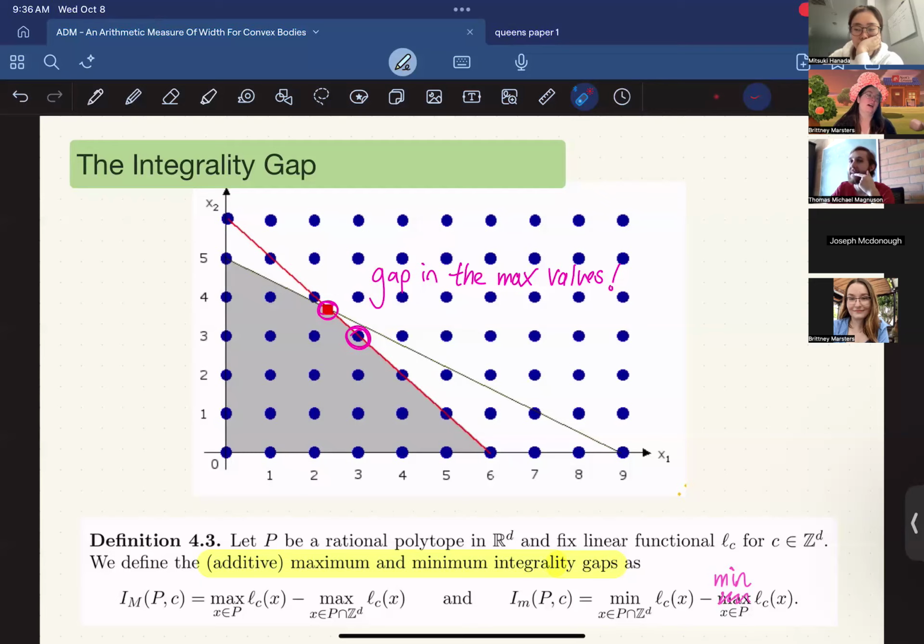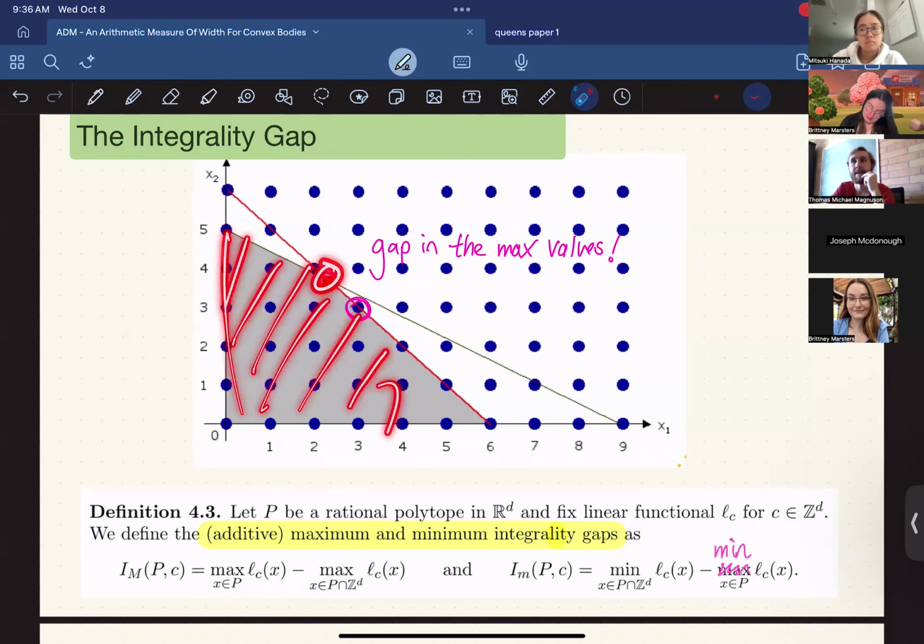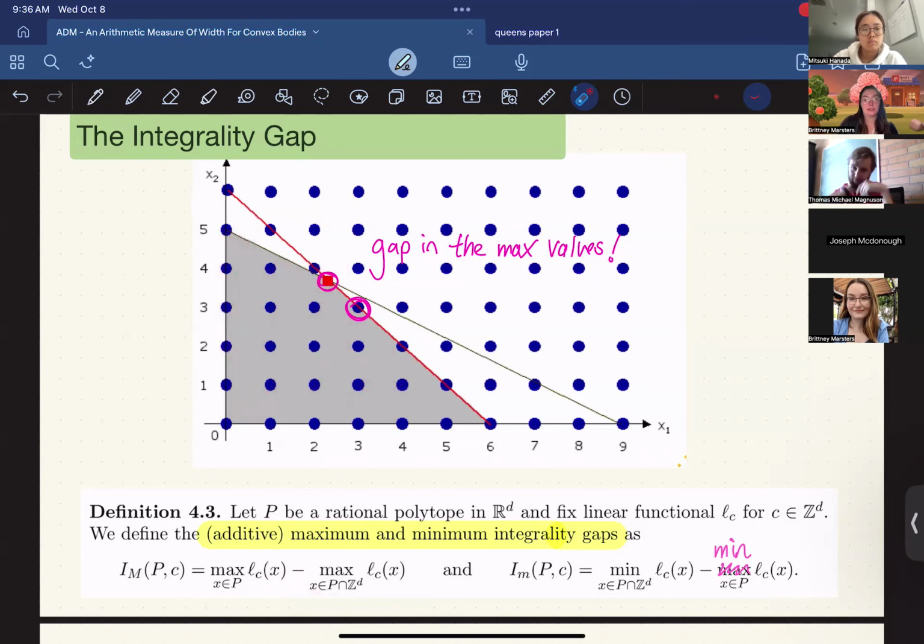Typically, we study it in terms of some sort of constant multiple. But different folks study it additively, where they vary some fixed parameter in your linear program. Today, we're going to define what I'm going to call the additive maximum and minimum integrality gaps. What you do is you take the maximum that your linear function attains on your polytope, the real one, right? Okay, so this guy, minus the maximum you attain on its lattice points,